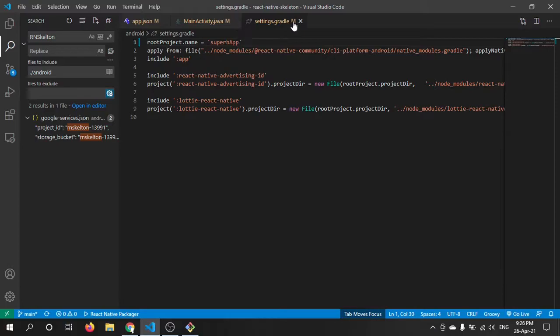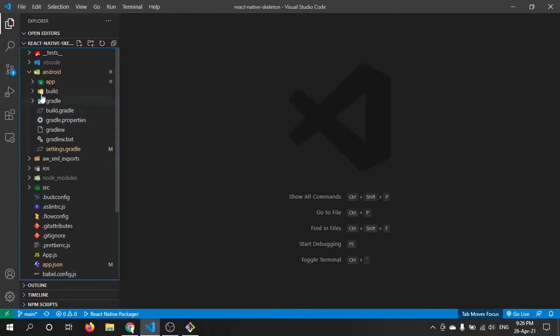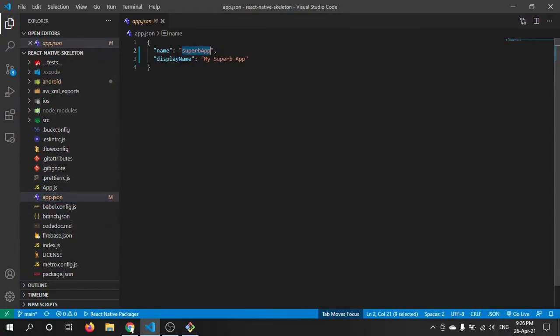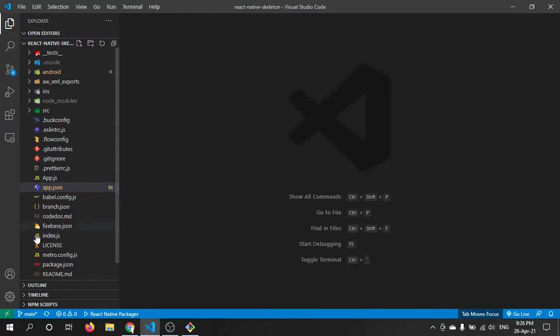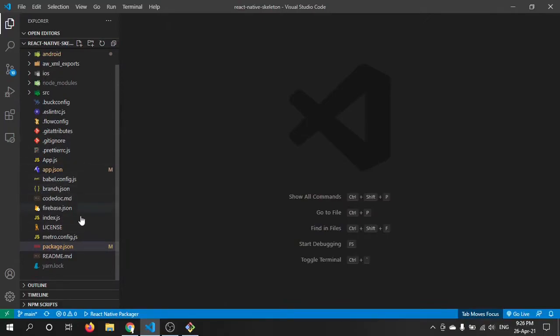So we have replaced those references. Now we will do the same with the app.json file. Sorry, we have already done it, right? And we will do it in package.json. So we are done with that.